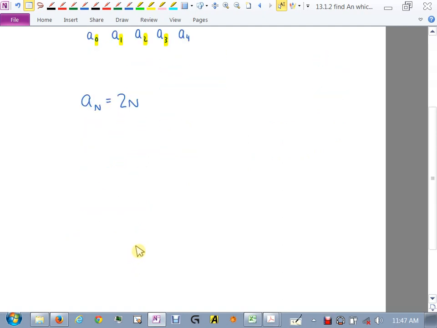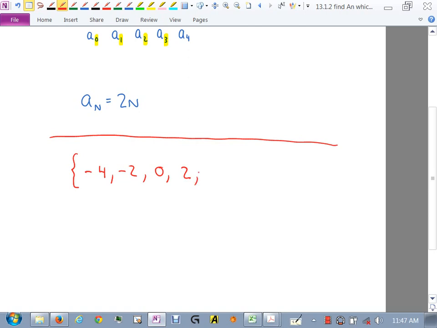Okay, let's do the same thing. I'm going to give you another list of numbers. I want to see if you can create this list. Can you come up with an a sub n for this? So let me help you try and think through this a little bit, since these are our first examples. This looks a lot like the previous list, doesn't it? Two plus n.